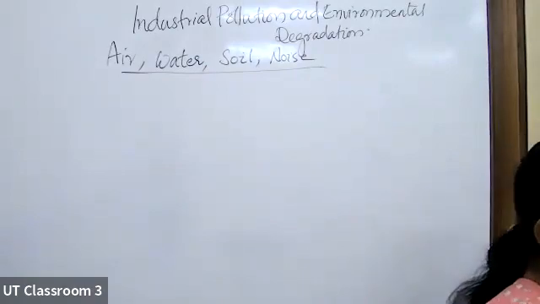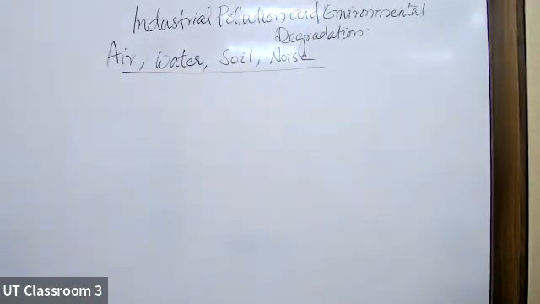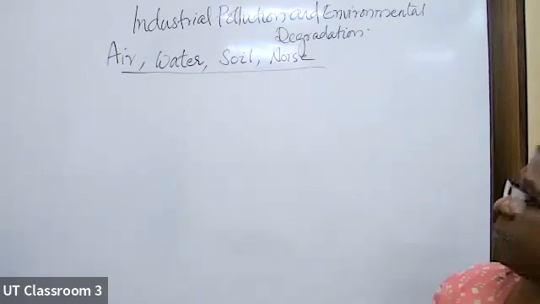Let us see one by one how it is polluting, what are its effects, or how it affects human beings. First, air pollution. It is caused by the presence of a high proportion of undesirable gases. What is that? Caused by